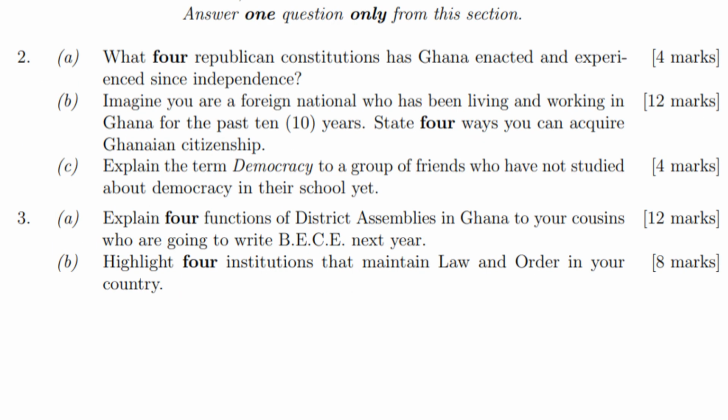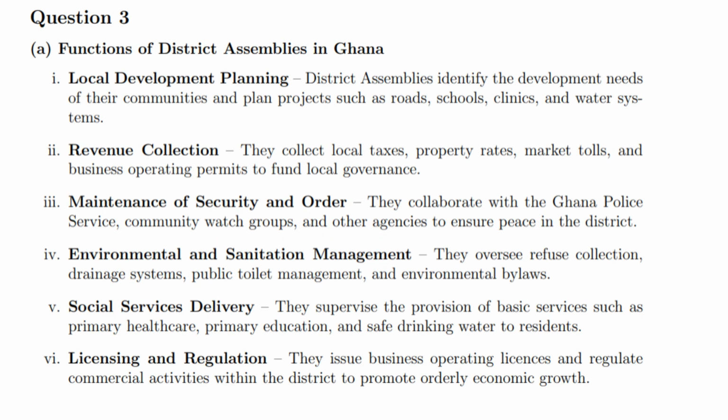Explain four functions of the district assemblies in Ghana to your cousins who are going to write BECE next year. And we also have: highlight four institutions that maintain law and order in your country. So the functions of the district assemblies in Ghana: we have local development planning, revenue collection, maintenance of security and order, environmental and sanitation management, social services delivery, and licensing and